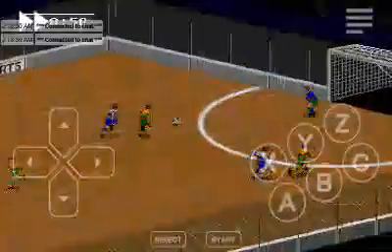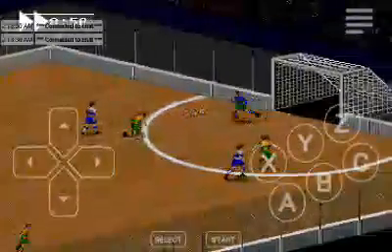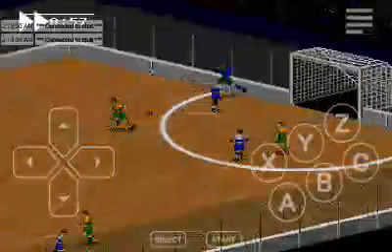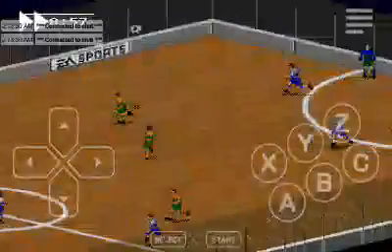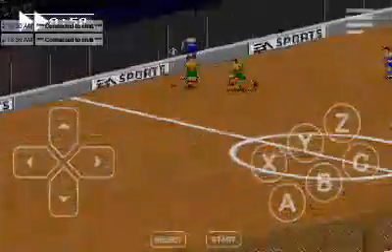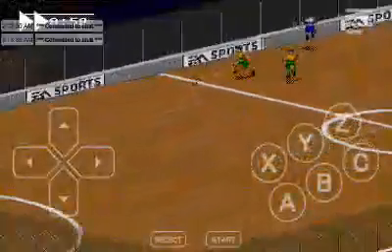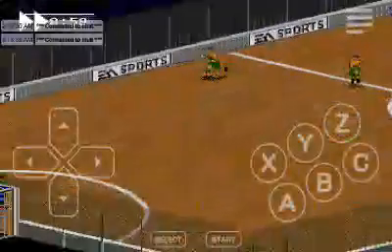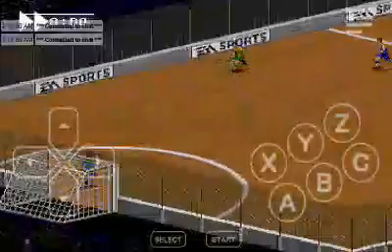Vancouver pushes forward into the offensive line. Dallas manages to make a stop. Dallas goalkeeper takes a decision and clears out the ball. And Dallas takes the ball into the offensive line.